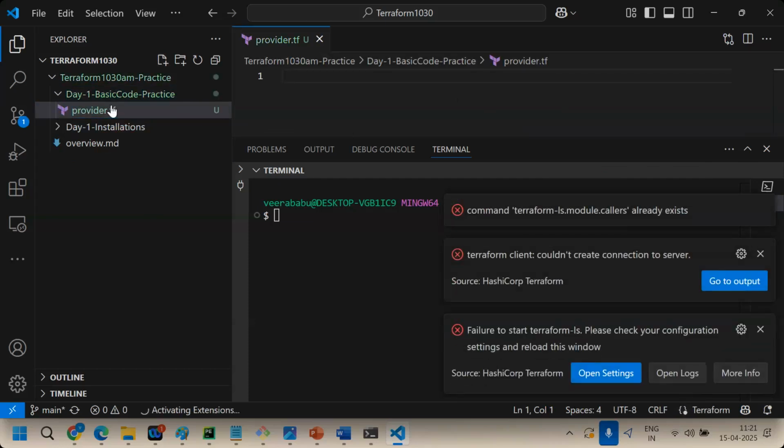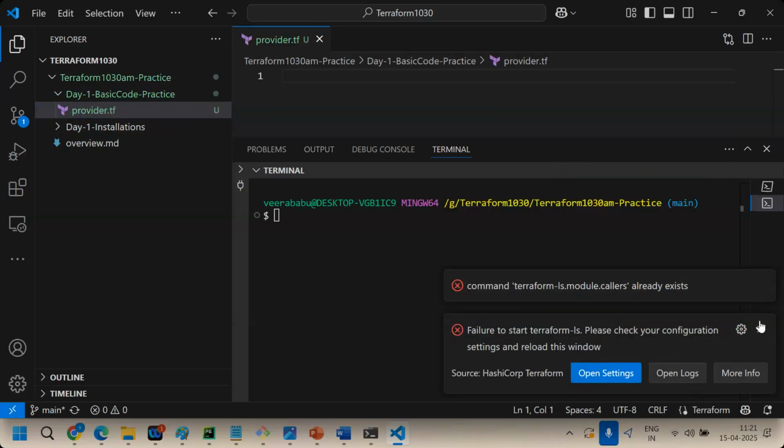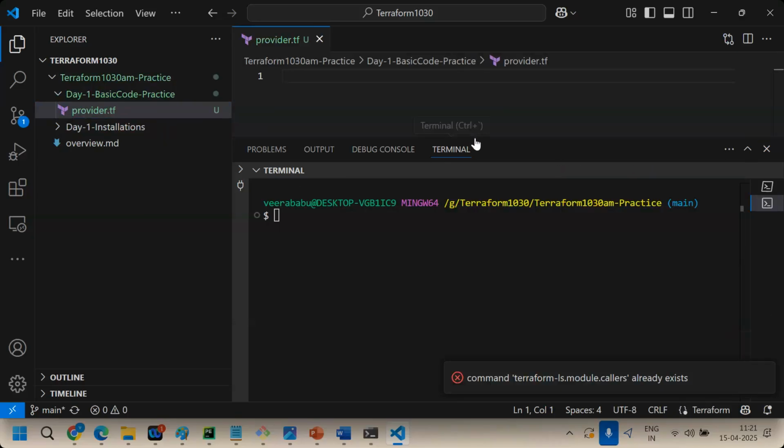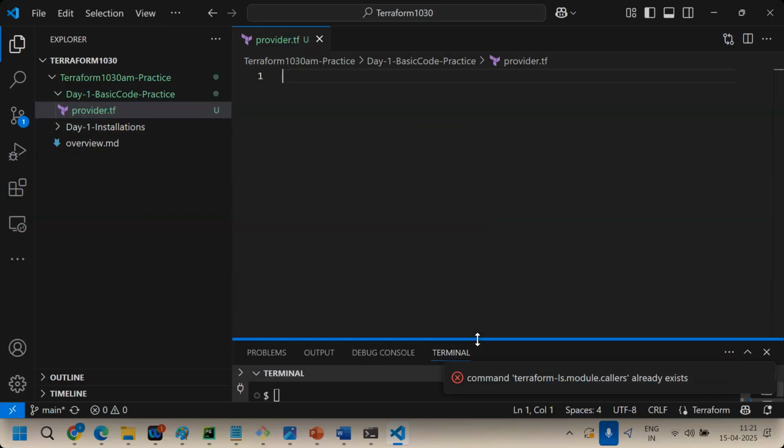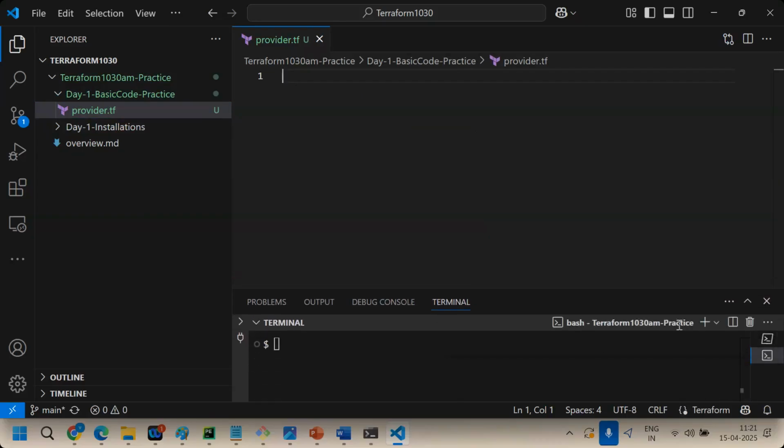Provider.tf. So provider.tf is nothing but what? For example, if you want to work with AWS, my provider is AWS. If you want to work with Azure, my provider is Azure. Like that. Provider block starts from provider.